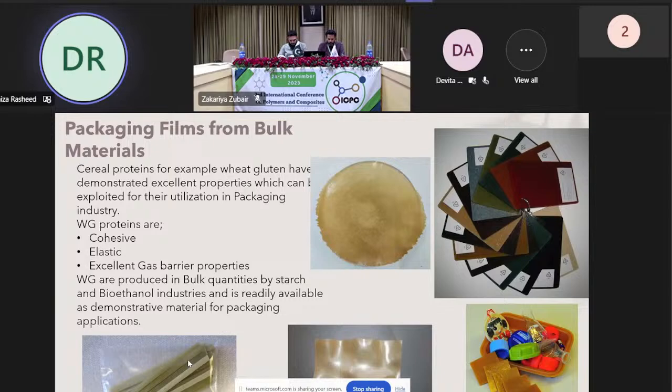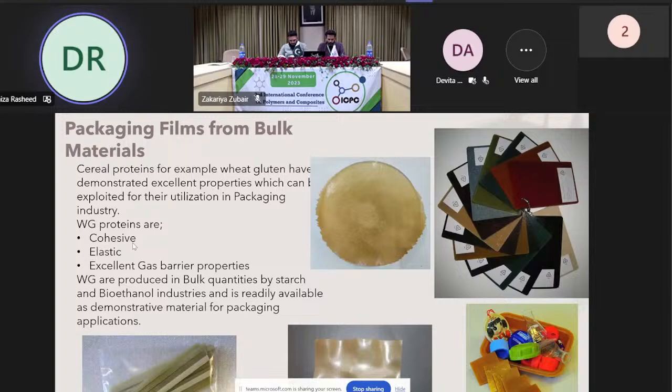So with these examples, we can see that renewable polymers can be molded into different types of materials, and we can safely replace some of the synthetic materials with these materials. These sheets are also printable, so we can do some printing on them as well. One of the alternatives that we can introduce instead of polyethylene or polypropylene based plastics is wheat gluten proteins, which are one of the largest polymers in nature, and they have shown some exceptional properties.